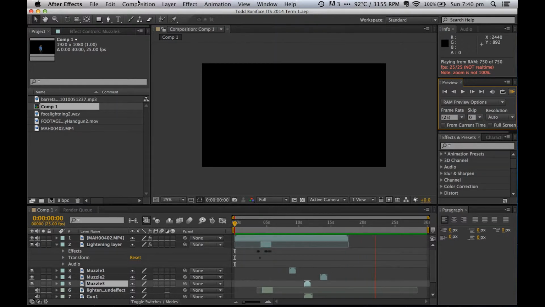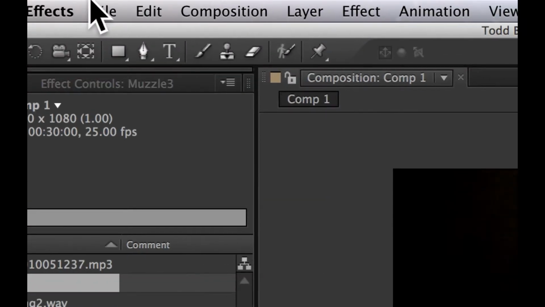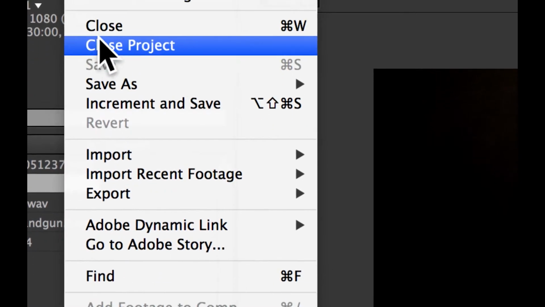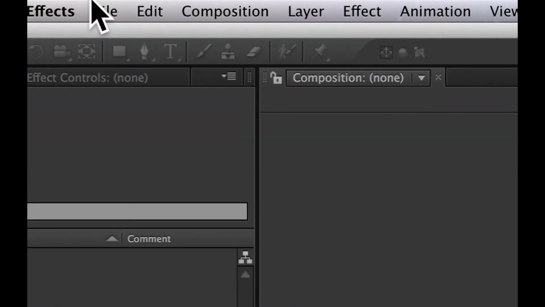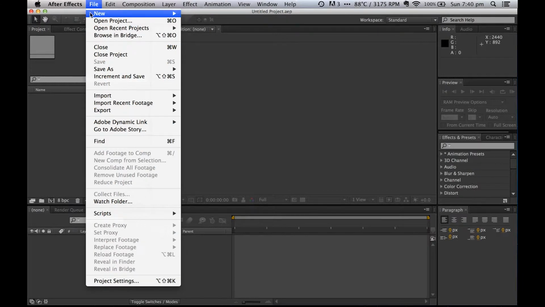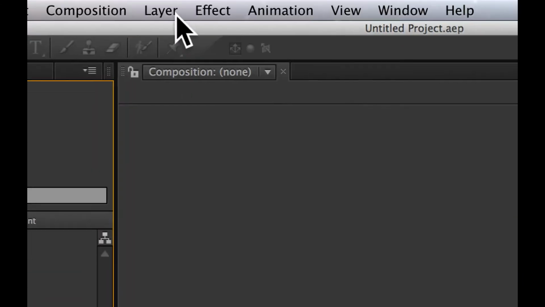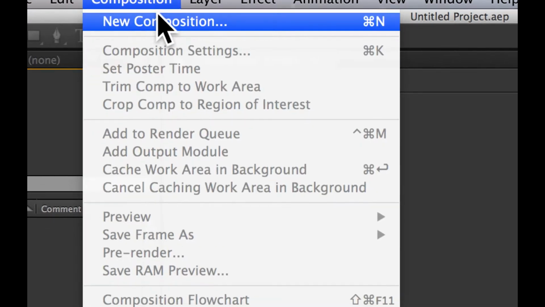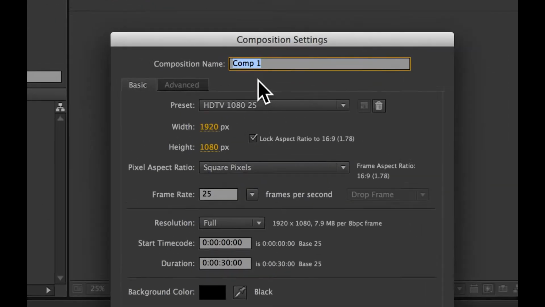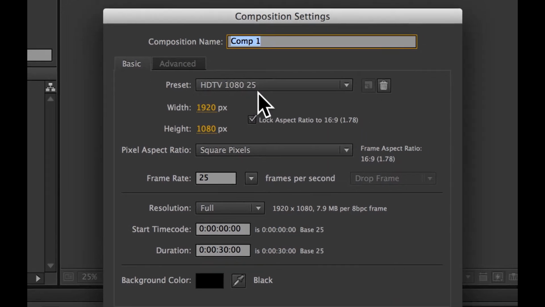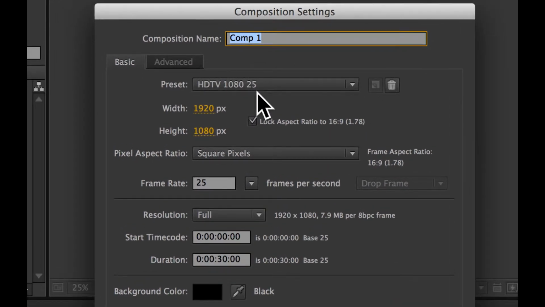So let's go ahead and go up to File, and we'll close this tutorial down. Close project. Next we're going to make a new project. So File, New, Project. Next we're going to go up to Composition and hit New Comp. We're going to title it just New Comp or Comp 1, and we're going to make sure that the preset